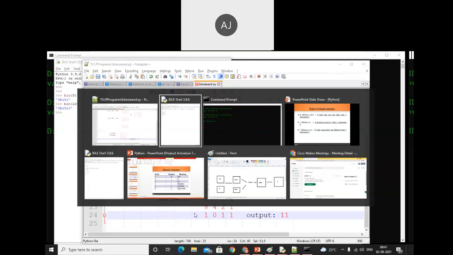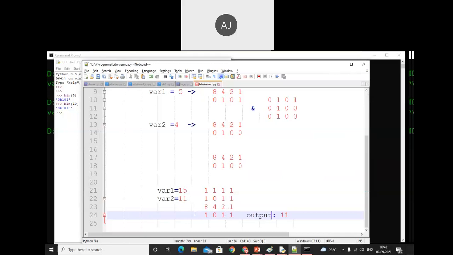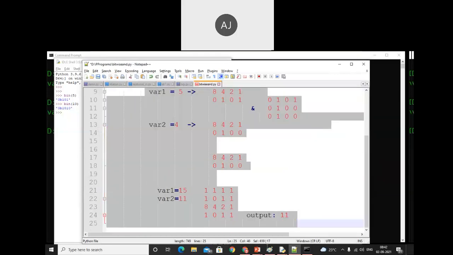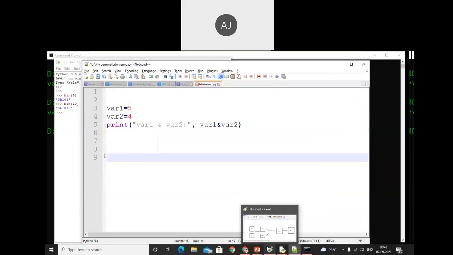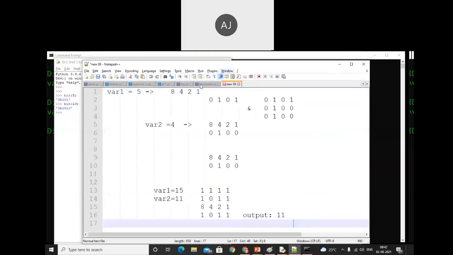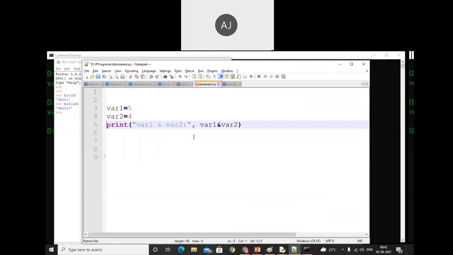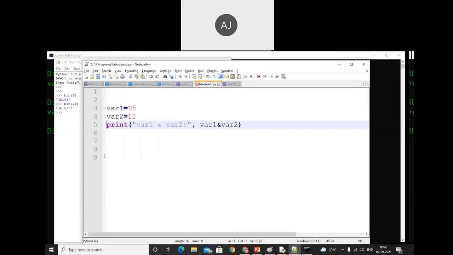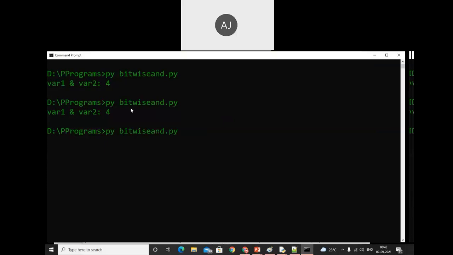So here I'm trying to use these values inside that code. It's my code. Remove these statements. I'm using the first as 15 and the second one as 11. I will save that program and run the code. We get the output as